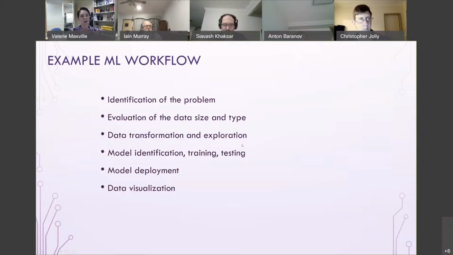So we will start by looking at determining the problem that we want to address if we want to apply machine learning, and then look at the size and type of data and getting it into the right format to be able to put into one of these tools. So although this is model identification, what tends to happen now is a suite of different machine learning algorithms will be used